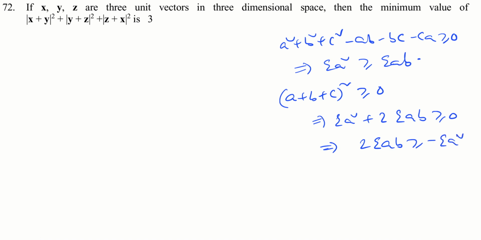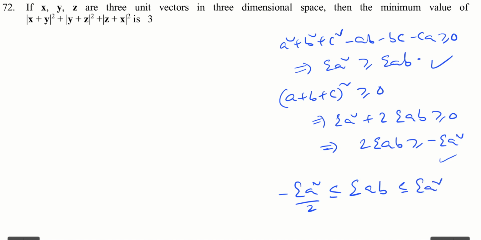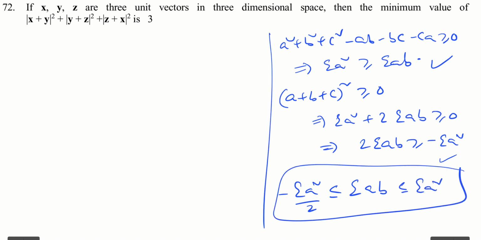So mixing these two, I have sigma ab is greater than or equal to minus sigma a square by 2 and less than or equal to sigma a square. This is there in real numbers. Useful one. Now I want you to observe that here